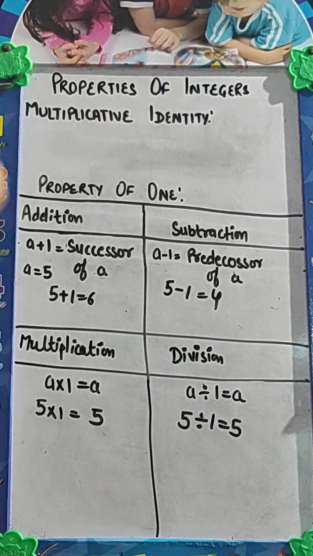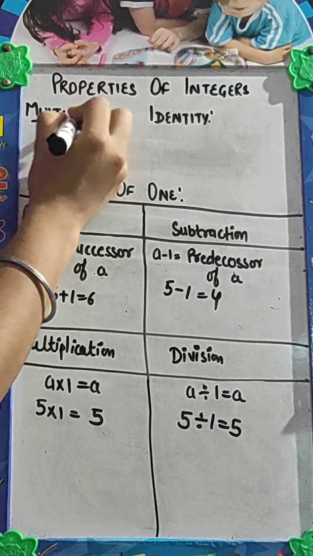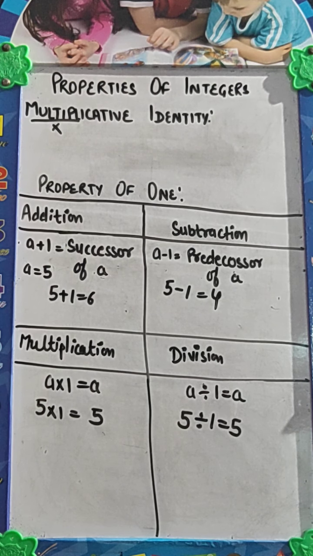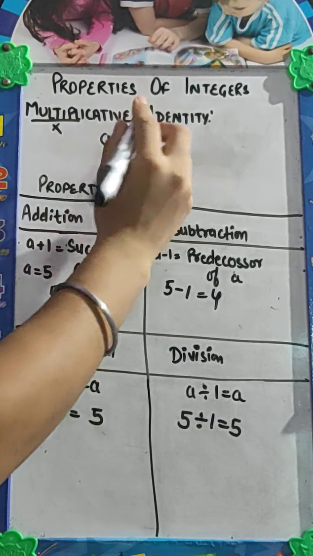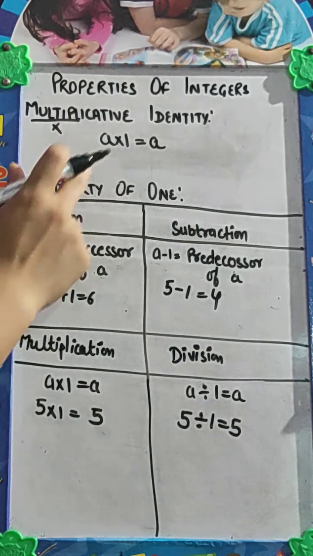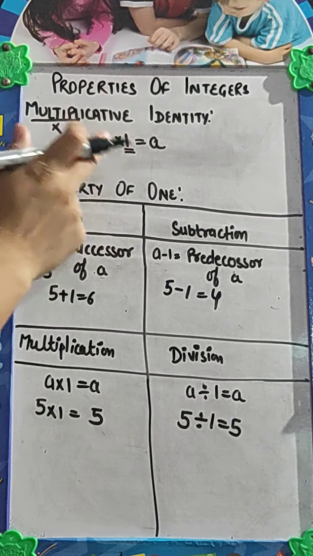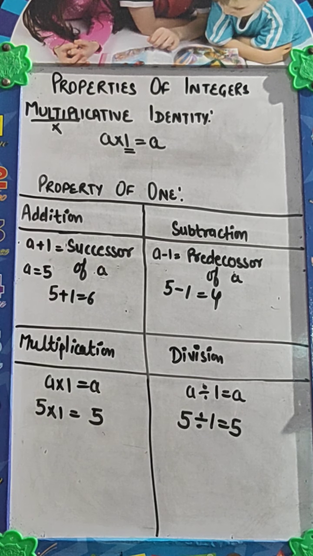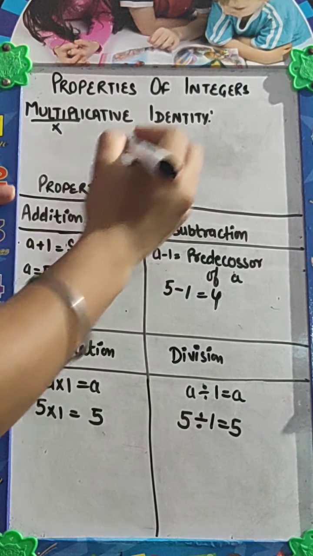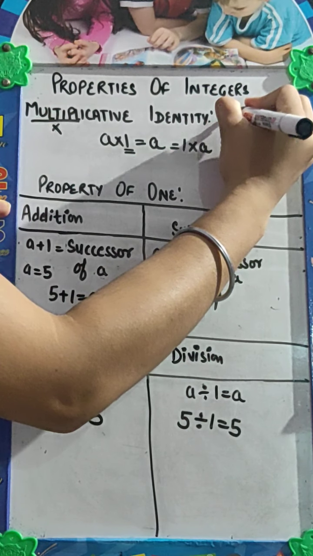Now come to multiplicative identity. As we discussed additive identity, in the same way we are having multiplicative identity. Multiplicative means to multiply. हमें क्या करना है? Multiply. So by which number do we multiply any integer so that we get the same number? या हम किसी भी इंटीजर को किससे मल्टीप्लाई करें कि हमें सेम नंबर मिले? So as you all know, if we multiply any integer by 1, we get the same number. कि अगर हम किसी इंटीजर को 1 से मल्टीप्लाई करते हैं तो हमें क्या नंबर मिलता है? सेम नंबर.